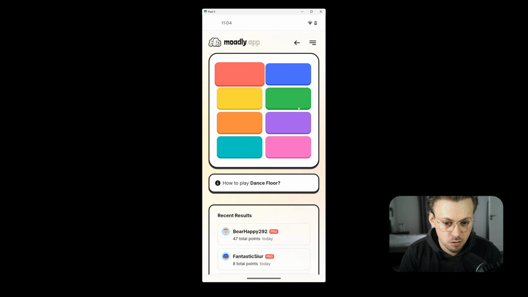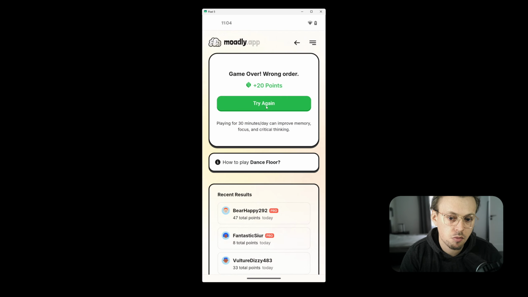Now let's pick a wrong rectangle or a wrong color. Let's go with this one. So the game is going to end. Now if we try again,